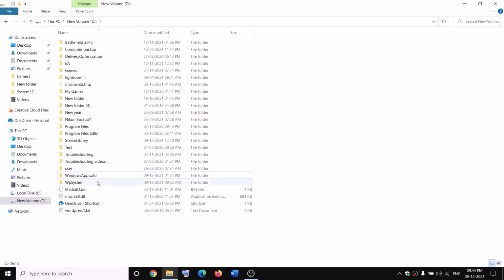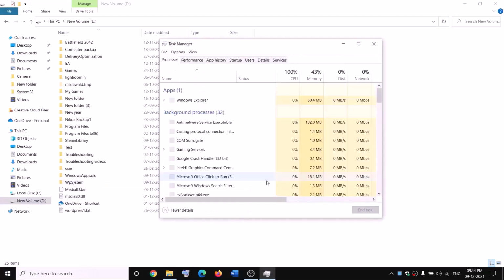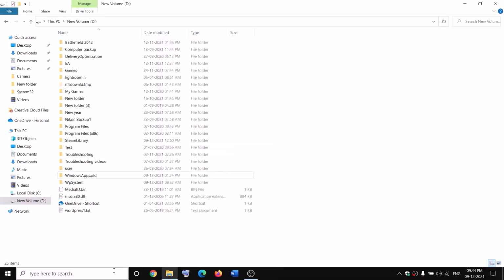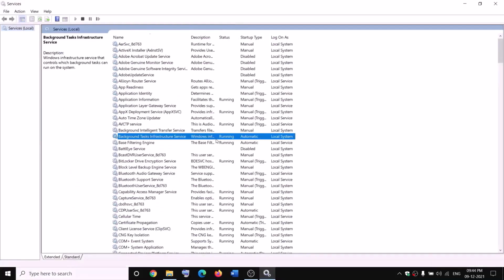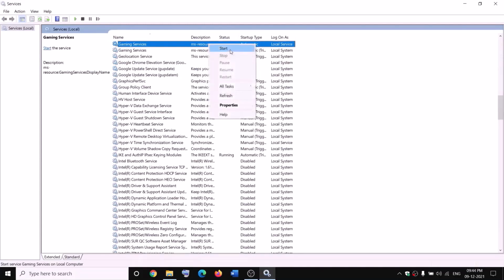Now while renaming it, if you receive any kind of error message which says file is open, in that case open Task Manager on your computer. Make a right click on the Start menu, click on Task Manager. Now if you find Gaming Services, make a right click and then click on End Task, and also open Services over here and then go to Services and find Gaming Services, make a right click on Gaming Services, click on Stop. So in my case